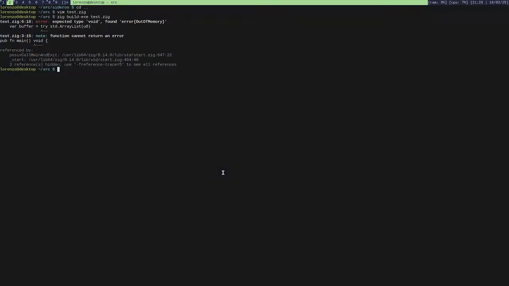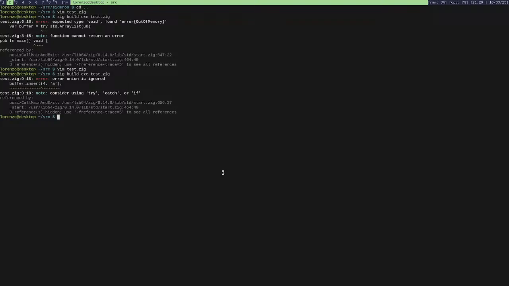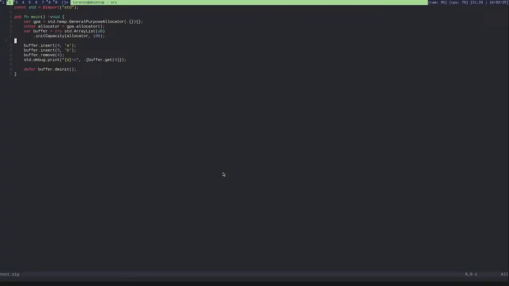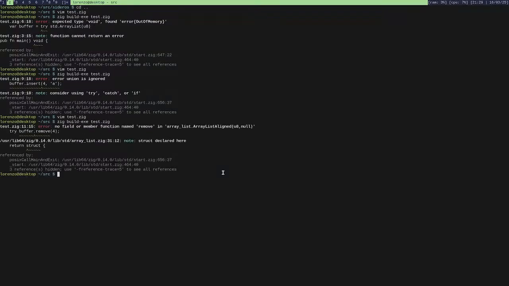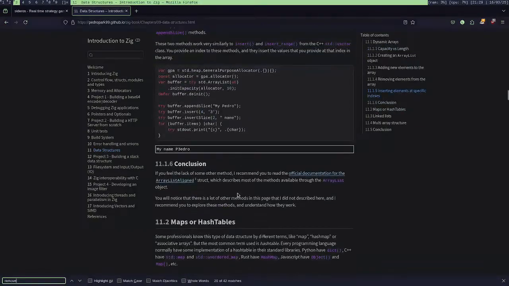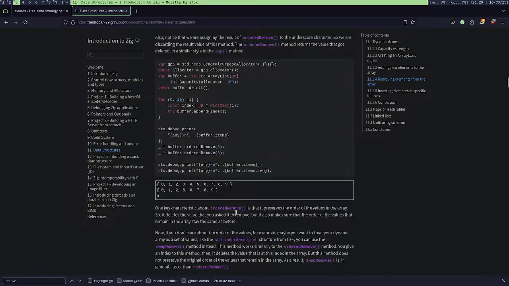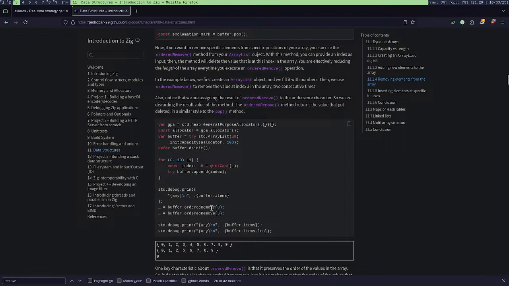Okay. There is no remove. What? Yeah, so I can't really remove from an array list.